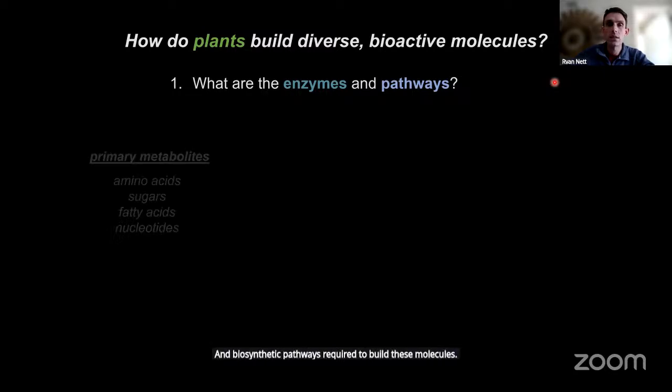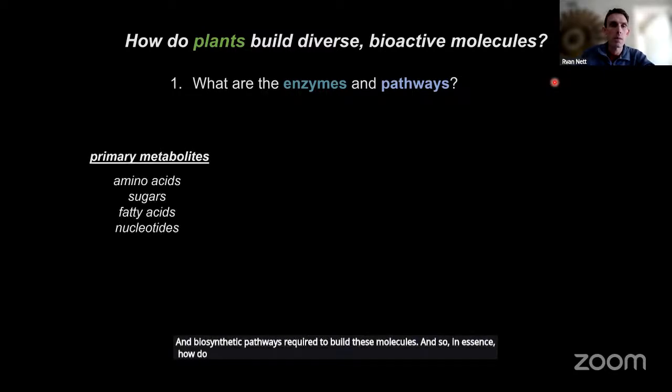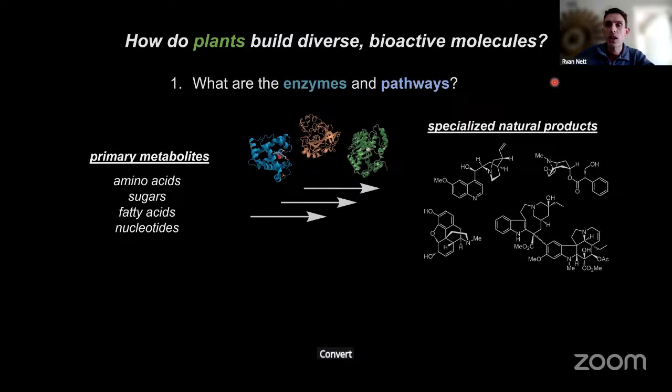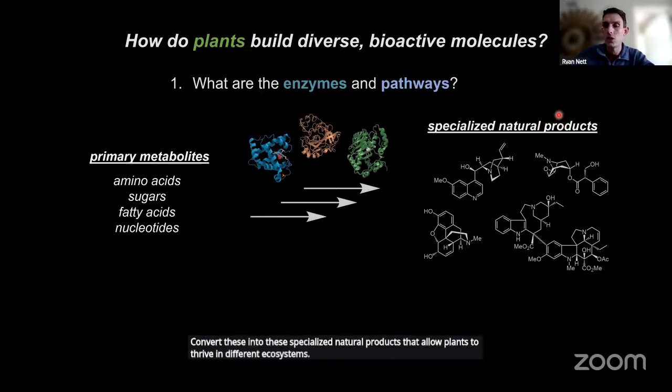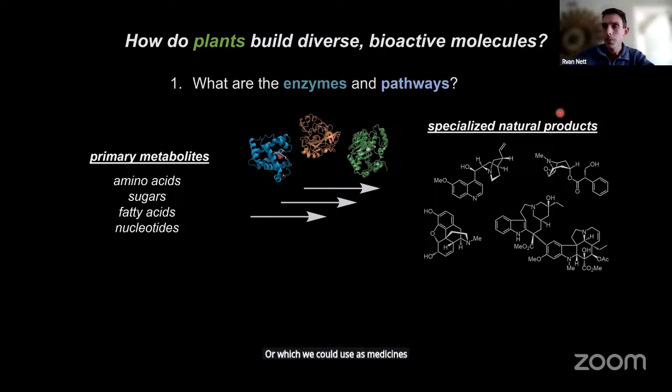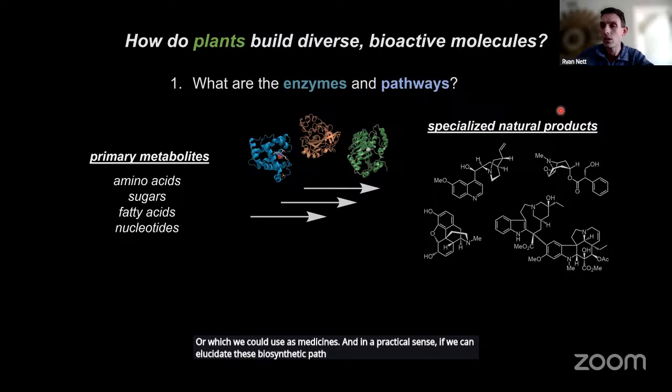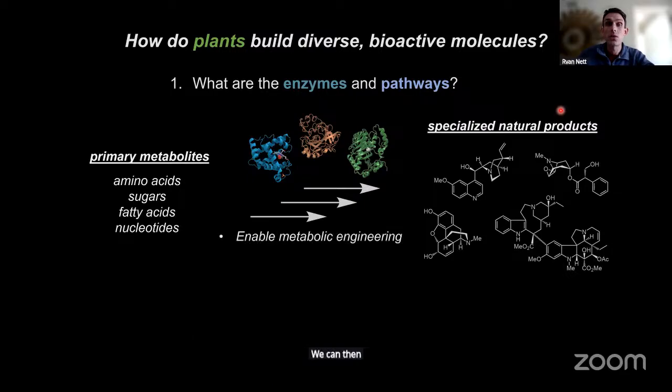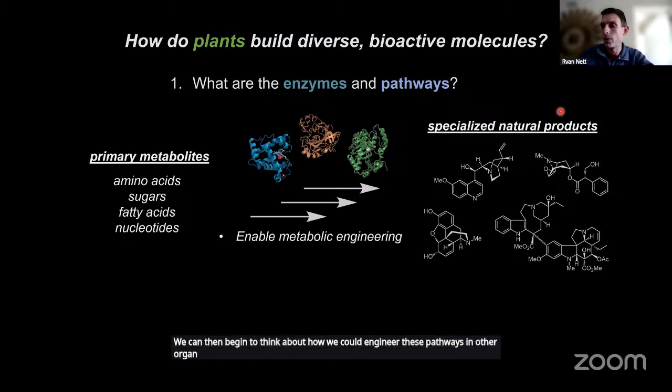And so in essence, how do plants take simple primary metabolic building blocks and, through the use of enzyme catalysts, convert these into these specialized natural products that allow plants to thrive in different ecosystems or which we can use as medicines? And in a practical sense, if we can elucidate these biosynthetic pathways and the underlying genes, we can then begin to think about how we could engineer these pathways in other organisms, whether it's microbial or other plants,